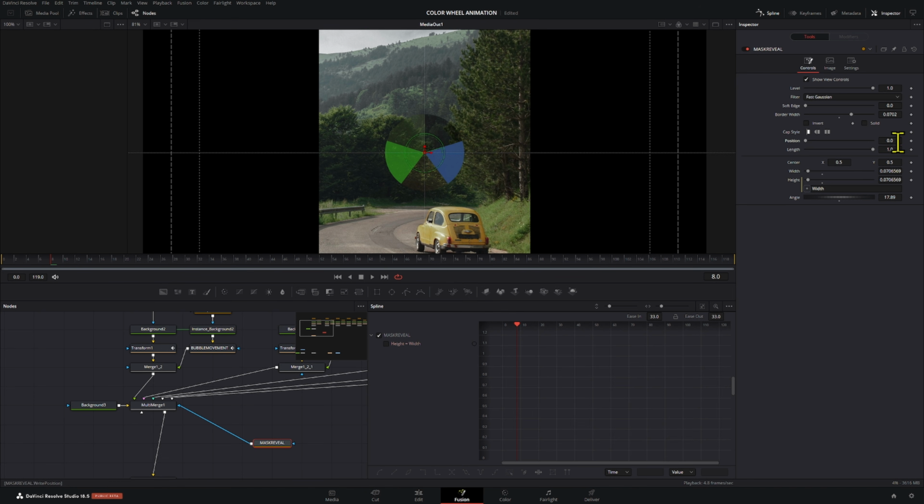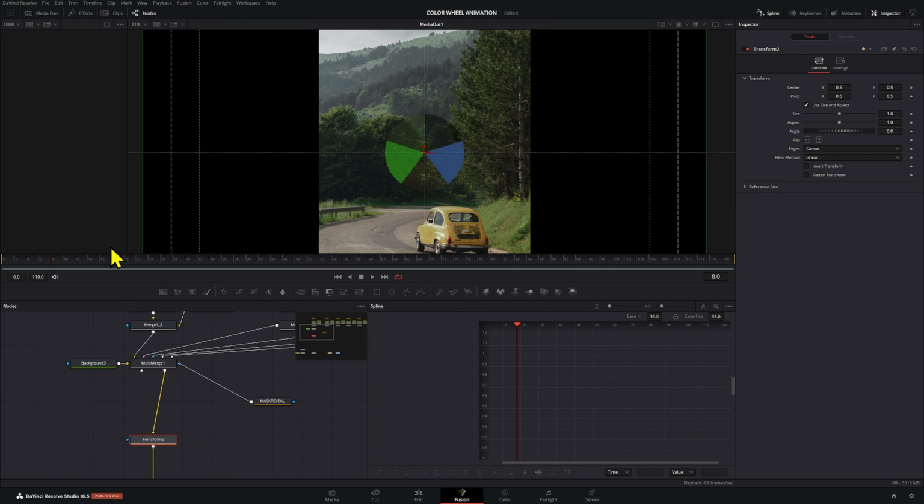What that does is that we're gonna be able to move these around and reveal the different points as we have them here. So we're gonna go and add a transform node. Let's say we want these to be on screen at 24, like completely full up, and we're gonna actually make these 1.1. Then we're gonna go to, let's say, 32. We're gonna bring this back to 1, and then right here we're gonna bring these to 0. Now we're gonna have a linear animation of it showing up like that. There, we're gonna select these on the spline tool right here, press F, and we have them like that. So it shows up, and then we have that there.